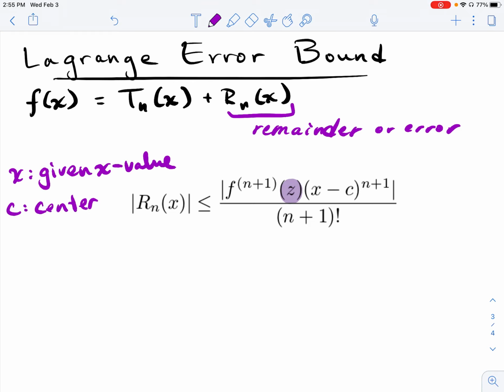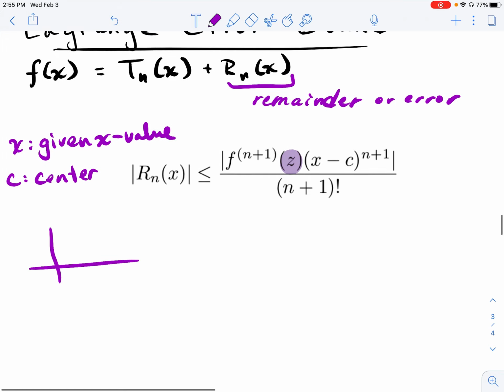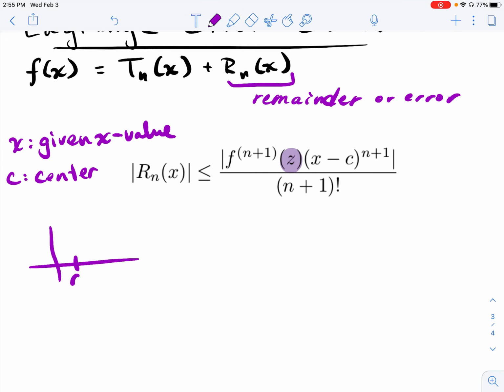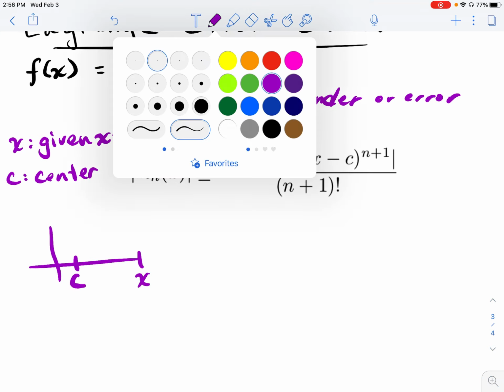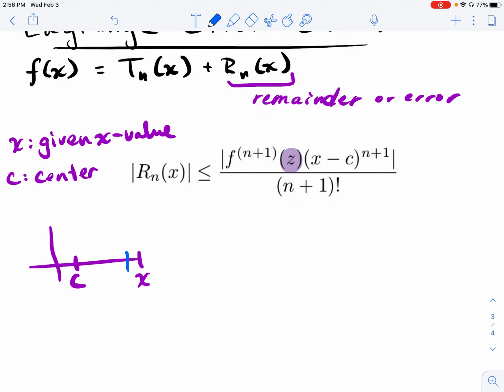Now, what the Lagrange remainder theorem is stating is that there exists some z value that is in between. So suppose our function is centered at the c value, and the x value is where we're trying to evaluate the function. There exists some z value somewhere within this interval, such that